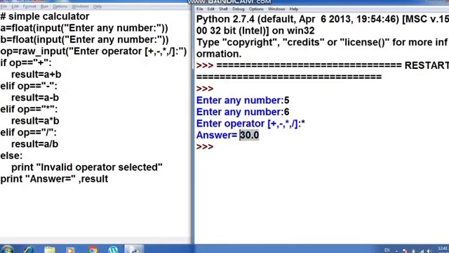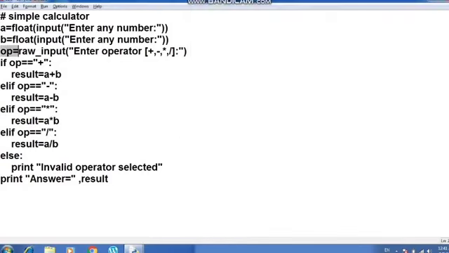So how this program works: after getting the input from the user, the operator sign gets stored here in OP. Now the control goes to the if line. Now suppose that the user has entered multiplication as we have done. So the control will match this multiplication symbol with these operators. When the control goes to the first line, operator must equal to plus symbol, it will get false because this character is not matching with this character. So it will jump to the elif part.